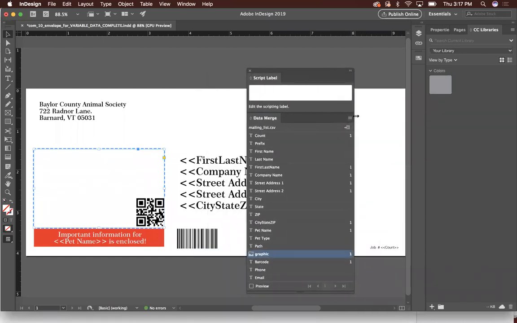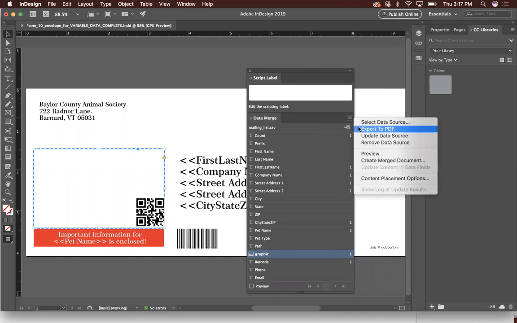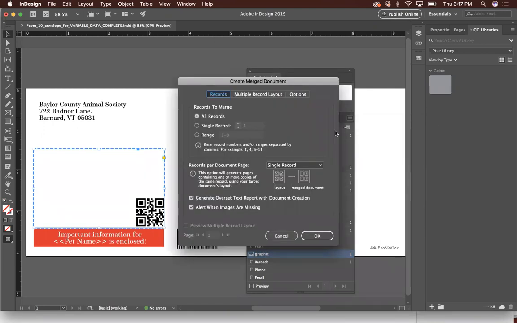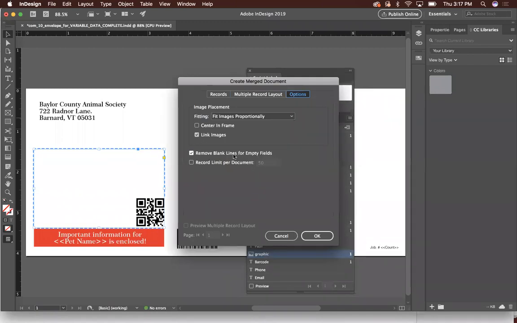So we do that through Data Merge's PDF export, not through the main export under File that you're probably typically used to using. It has to be done through Export to PDF, and that will bring up a new window. So typically, all the defaults that you will see here are what you want to go with, but there's one that's probably critical to you that is most likely not defaulted on, and that is remove blank lines for empty